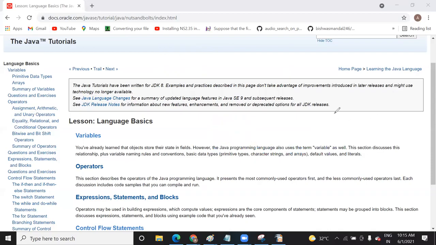Suppose this is your object. Inside the object you have a variable and its value, and this variable will define what kind of operation you are going to do in your program. So as of now, just think that an object is a real-time entity which holds a value and a variable.